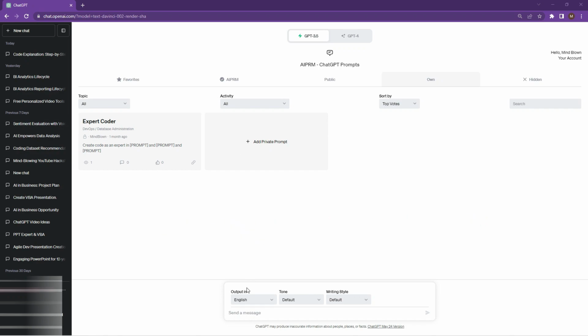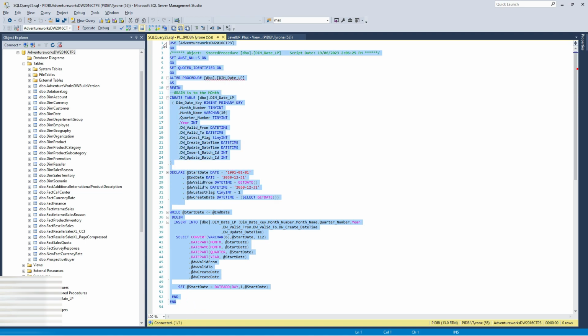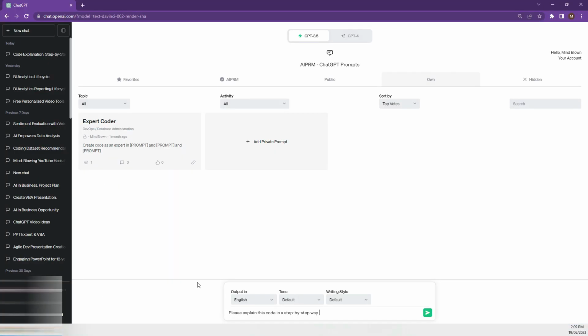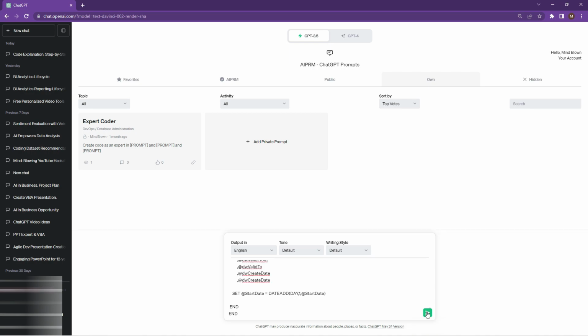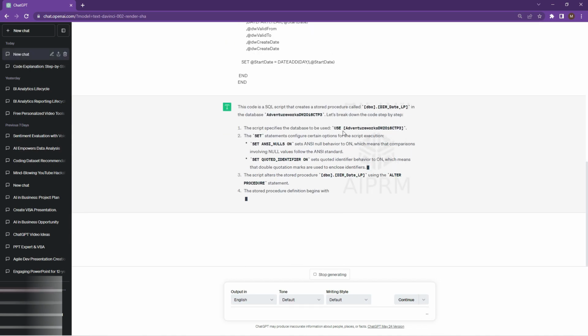scenario. So let's go, please explain this code, and let's grab the code that we want to explain. So this is just a random stored procedure from my database, and let's copy it out and pop it into ChatGPT. All right, so let's hit enter, and it should now give you a